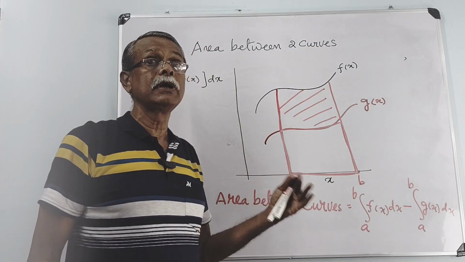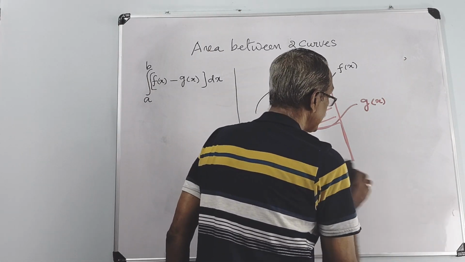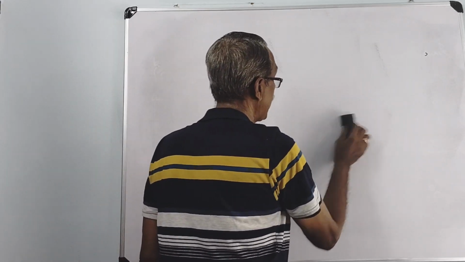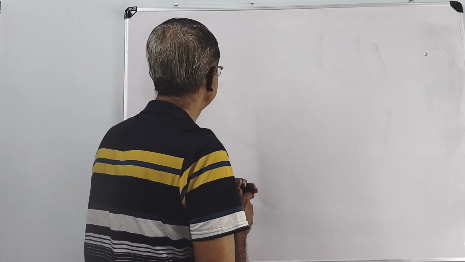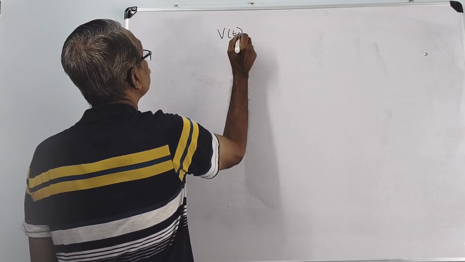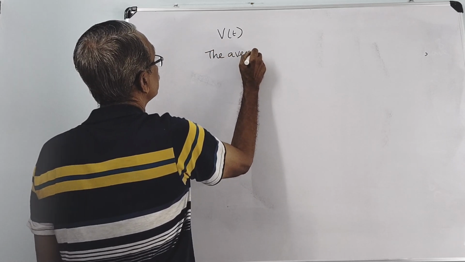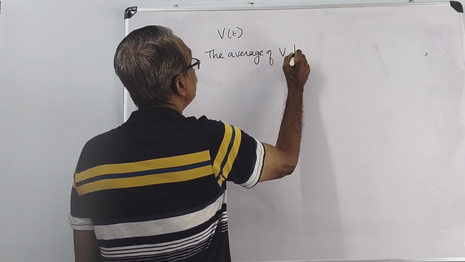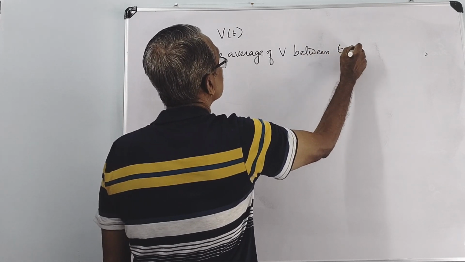It is an extension of the concept of area of one graph. Now, we can use integration to calculate the average. Suppose we have a function V(t). The average of V between T1 and T2